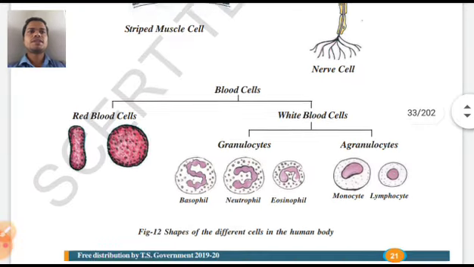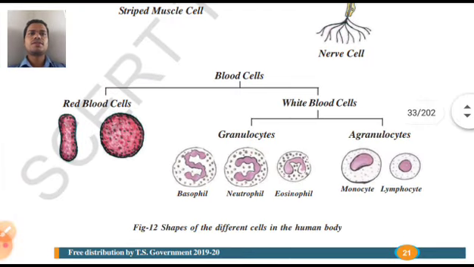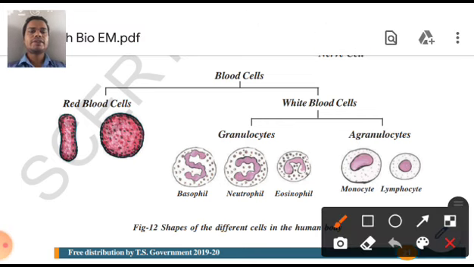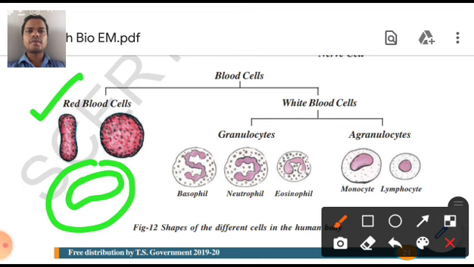Now another type of cells are there here. What are the blood cells? You know very well, blood is present in the human body. Actually three types of blood cells are there. Now here we will only observe two types of cells. First one is red blood cell. Red blood cells are circular or oval in shape. They are red in color and they have hemoglobin and they will transport the oxygen.